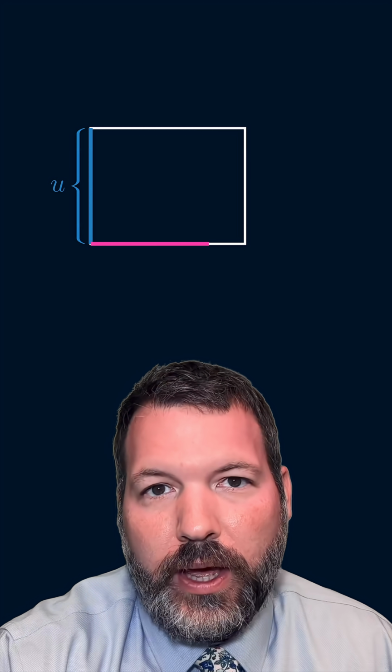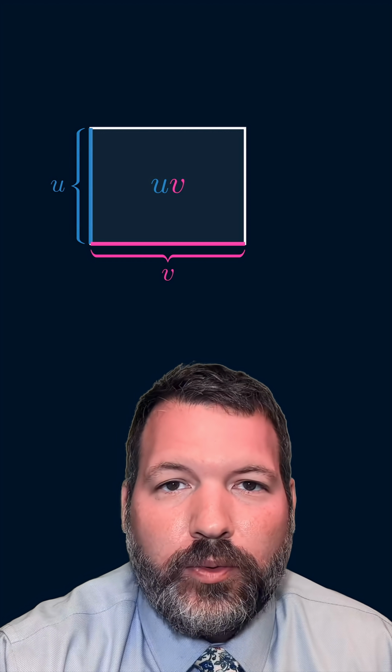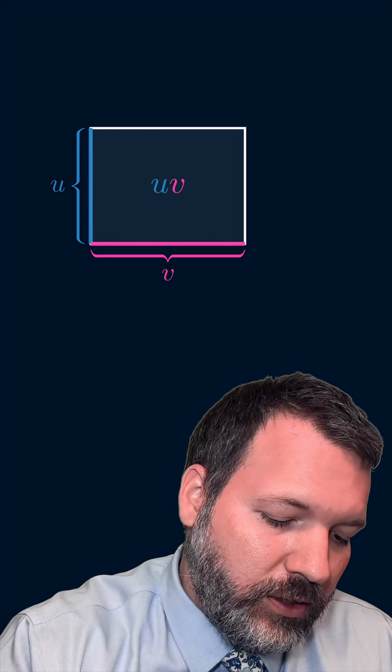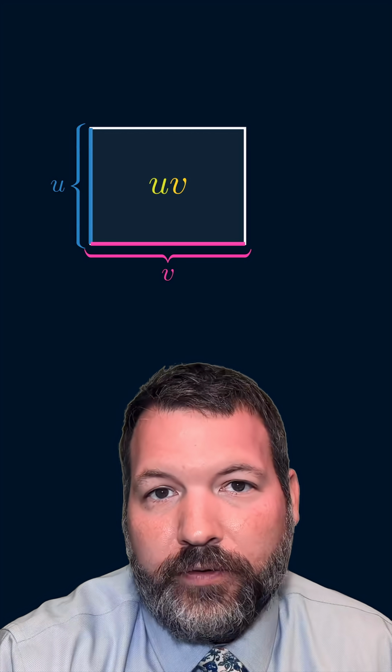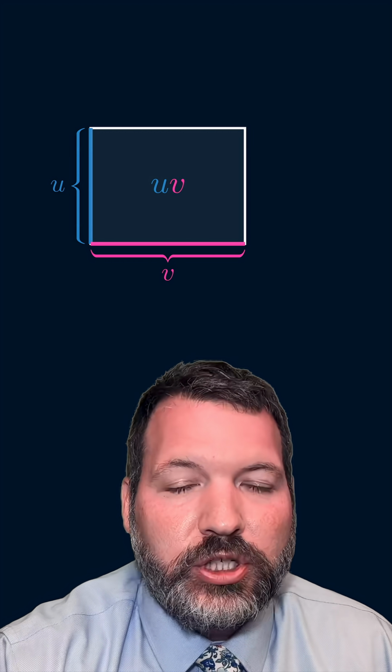So let's imagine that we have a rectangle and our up and down length is determined by the function u, so we'll call that u, and our left to right length is determined by the function v, so we'll call that v. So the area of this rectangle represents the product of the two functions u times v. Now of course what we're interested in is how is that product changing as we change the height and length